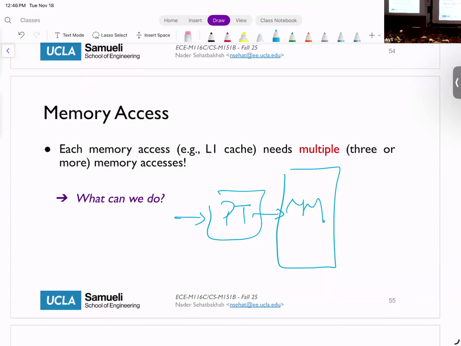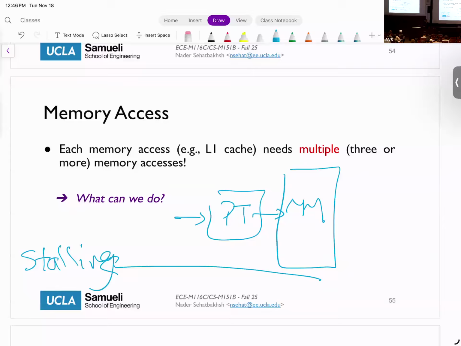And you already know how slow access to the main memory is, right? And now I'm telling you that that's double, in fact. So in terms of the processor's stalling cycles, that's many, many stalls. And that's what I don't like at all. I don't want to stall my processor. So we need to do something to make this address translation as fast as possible, okay?